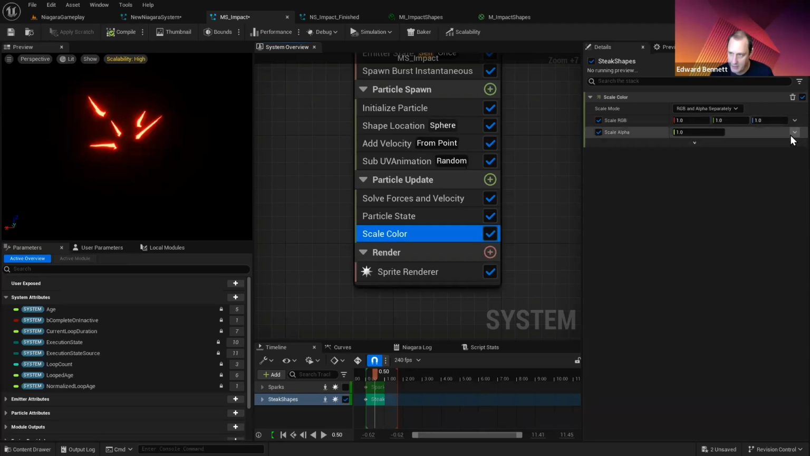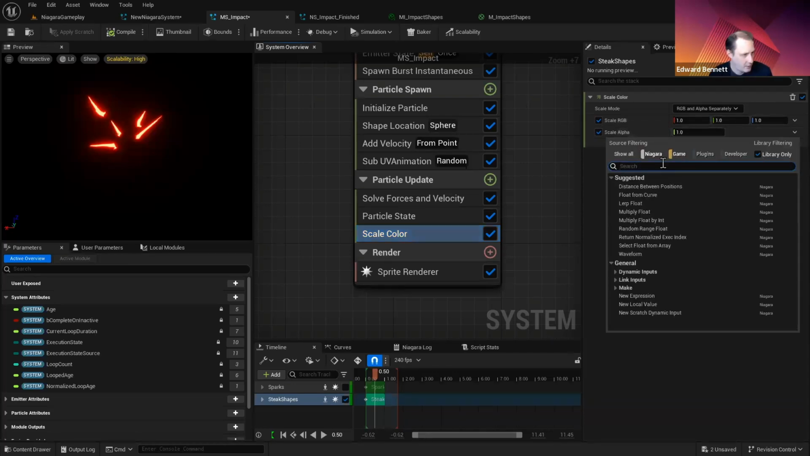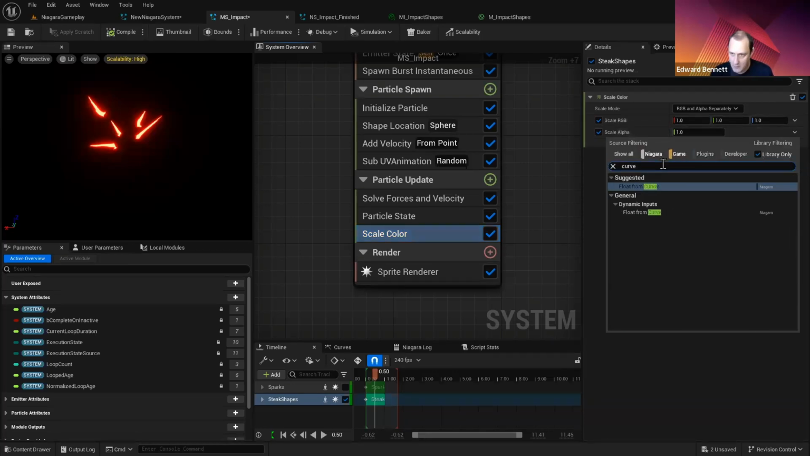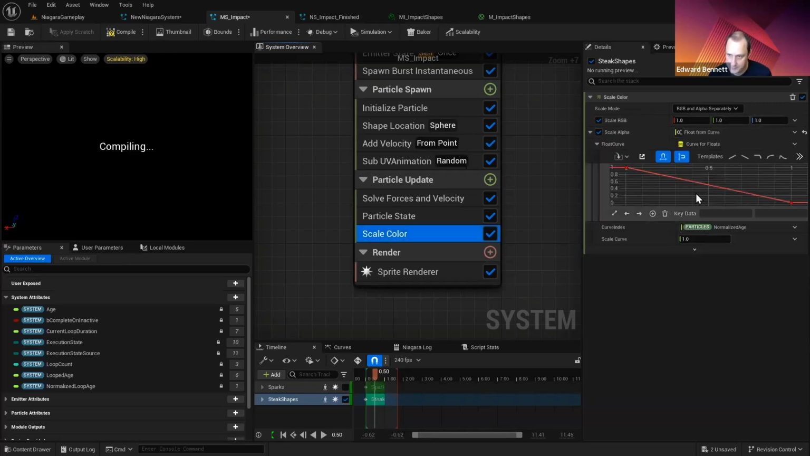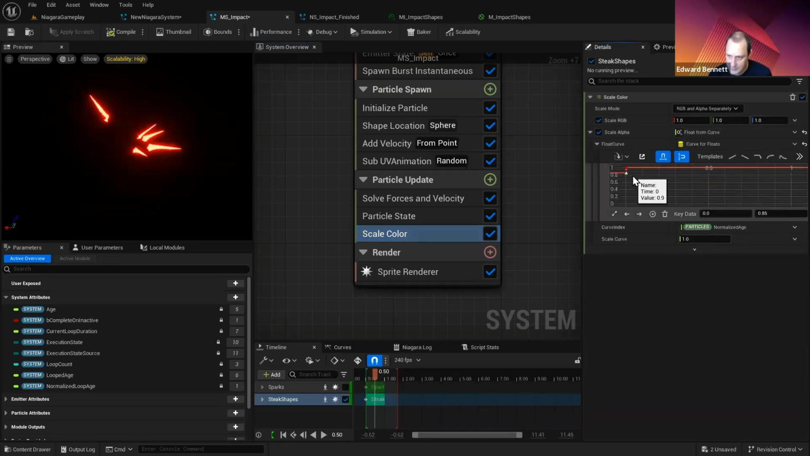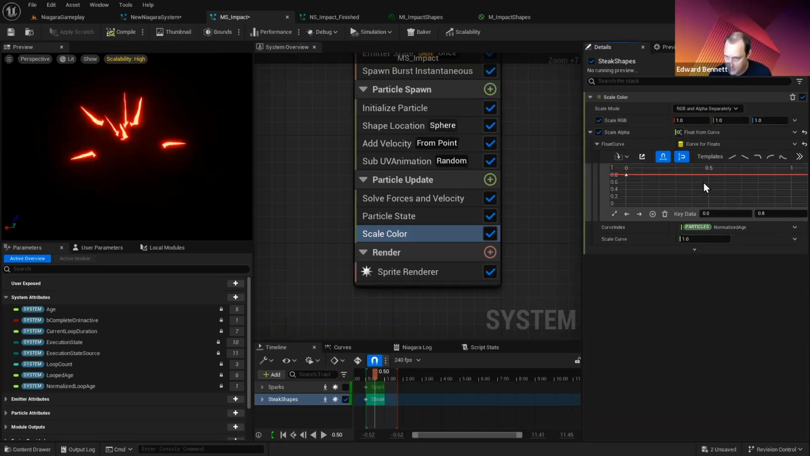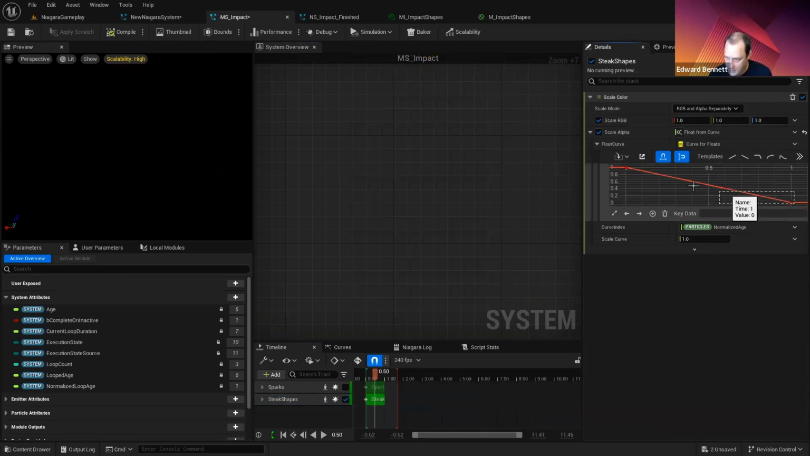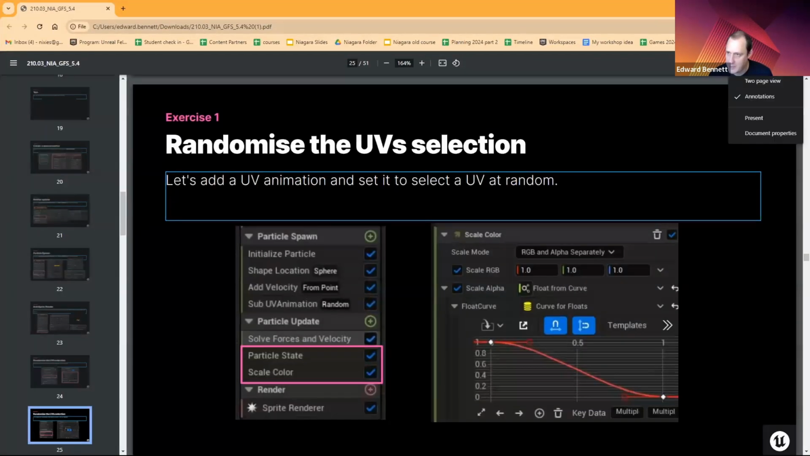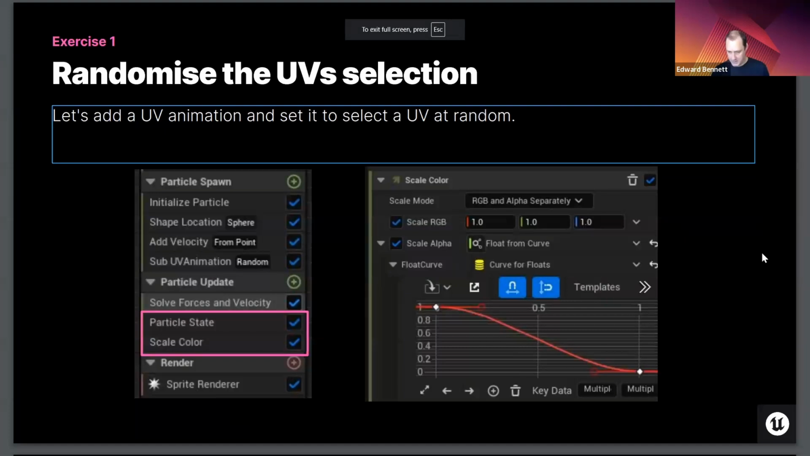So under the scale alpha, I'm going to do a drop down and type in float from curve. Then I'm going to drag these up, right-click, and just set them to auto, so we've got a bit of a smoother curve. This is the last thing I'm going to be asking you guys to do. In the last exercise, I might ask you to plug in something, but